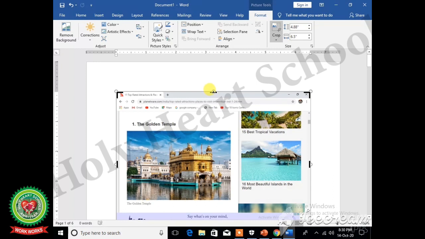Now we can drag these borders up, down, left and right to remove the unwanted part of the image by holding down the left mouse button.